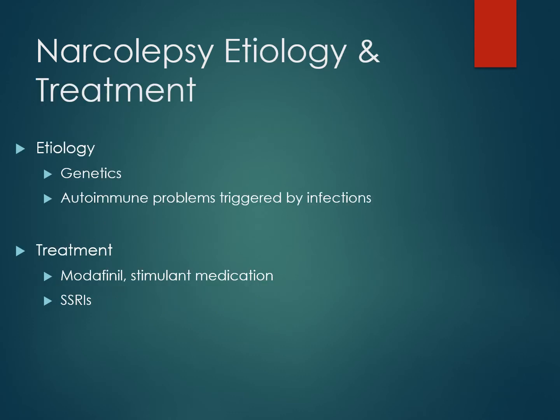Narcolepsy is passed along genetically and is a recessive trait, which is why it's rare. Both of your parents would need to be carriers of narcolepsy for you to have it. Similarly to hypothalamic disorder, it's also thought that exposure to certain infections earlier on in life may trigger autoimmune problems, resulting in narcolepsy. For treatment, modafinil, which is a wakefulness agent, is often used to keep the person awake. SSRIs are also often used because they decrease the amount of REM sleep that we have, making it less likely that the body will continue to pull the person into REM sleep.